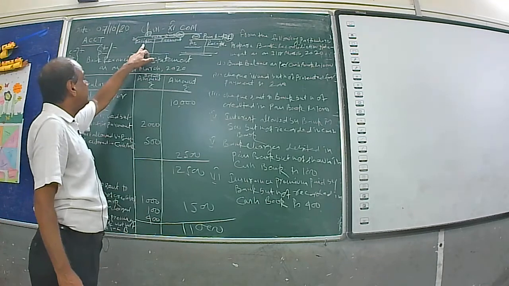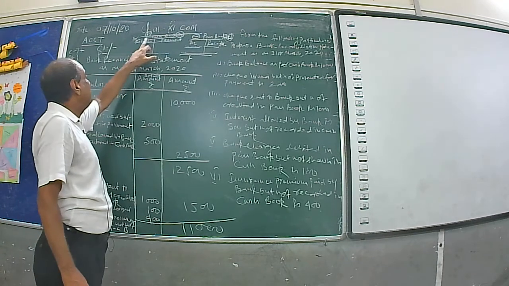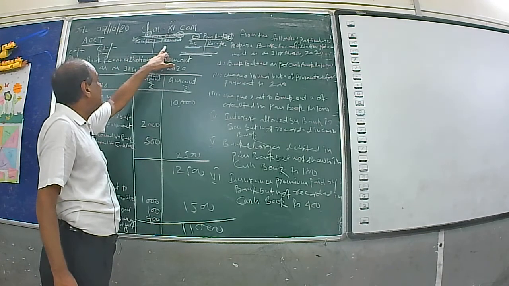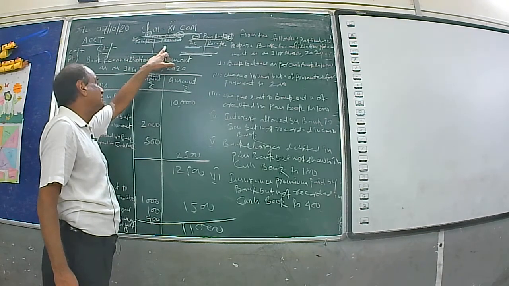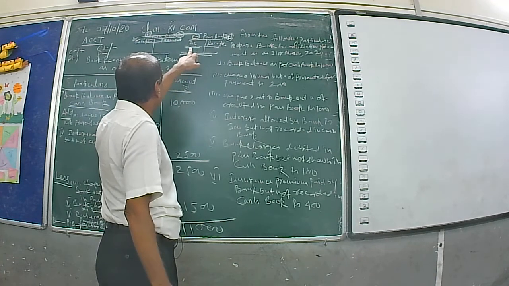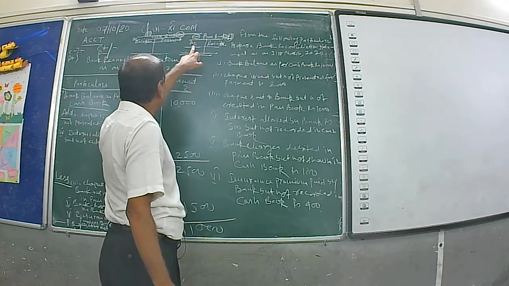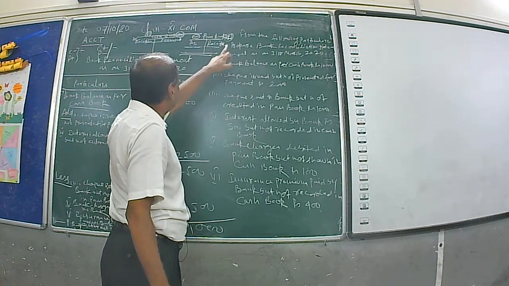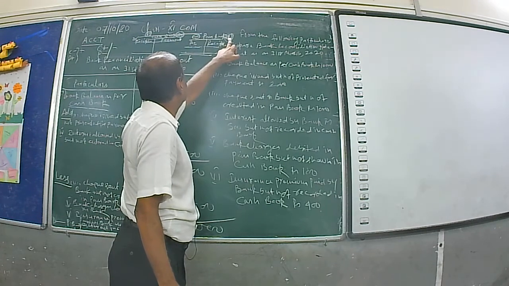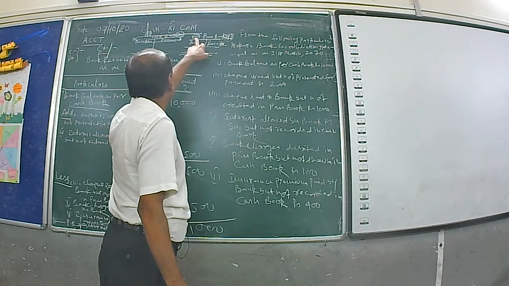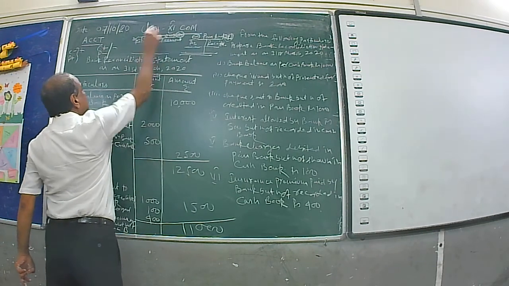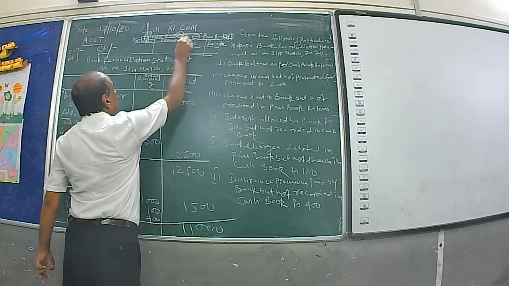Just I want to conclude in one sentence again. If the cash book is debited, mind it, the bank balance of cash book will increase. If cash book is credited, bank balance of cash book will decrease. In passbook, just opposite. If passbook is debited, bank balance of passbook will decrease. And if the passbook is credited, bank balance of passbook will increase. Plus means increase, minus means decrease. Here you may write debit side of cash book plus, and if you credit the cash book minus.